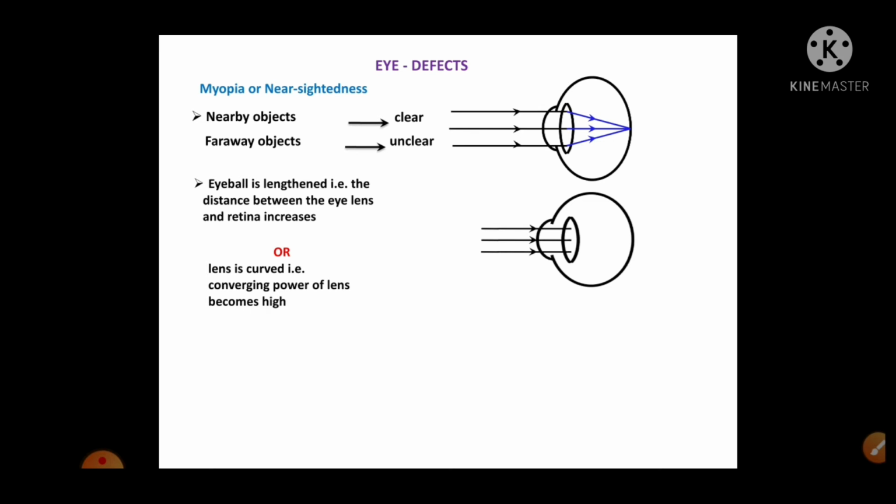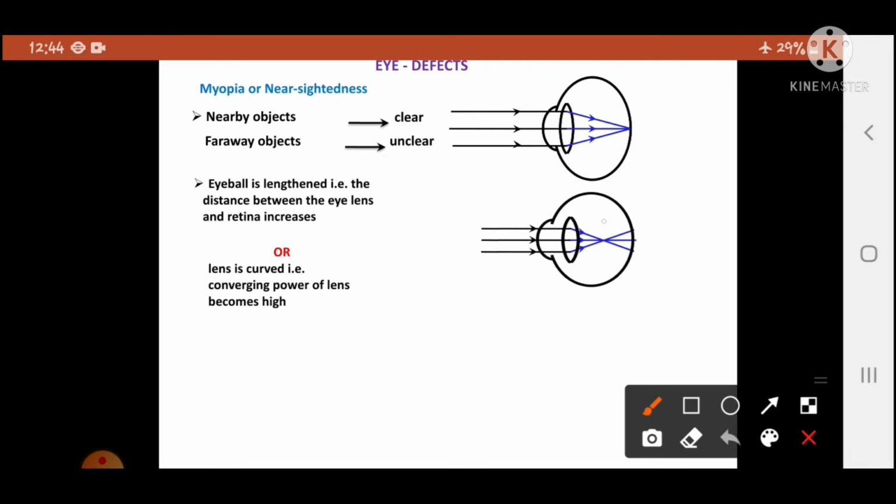और देखिए ये दोनों रीज़न एक साथ में नहीं हो सकते, या तो फर्स्ट रीज़न होगा या तो सेकेंड रीज़न। सेकेंड रीज़न क्या हो सकता है, चांसेस कि the lens is curved, okay, lens gets defective. Lens is curved का मतलब होता है कि converging power of lens becomes high. आप देखिए पिक्चर में कि किस तरह से आपको दिखेगा। Now you can see in this picture when the rays of light enter and hit the lens, they get converge, but they get converge before the retina. यहाँ पे आप देख सकते हैं क्लियरली, फर्स्ट फिगर में कन्वर्जिंग पावर जहाँ पे हो रहा है, ये पॉइंट पे हो रहा है, मतलब बराबर रेटिना के ऊपर हो रहा है, राइट।